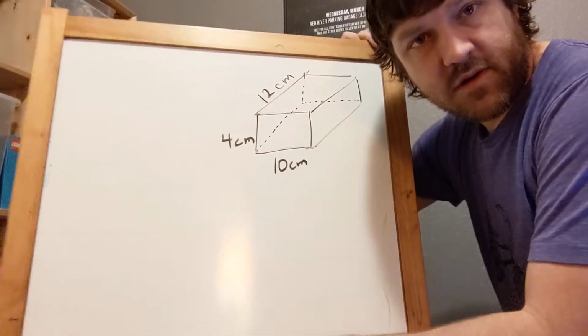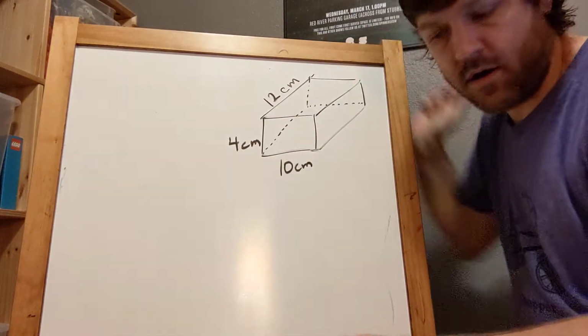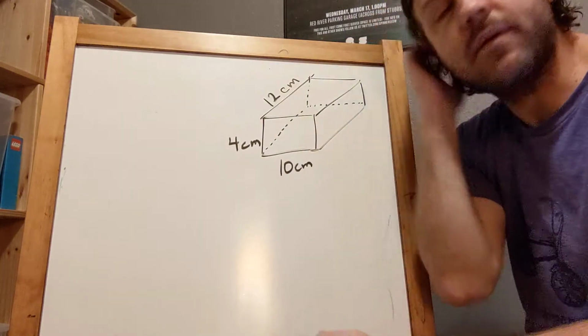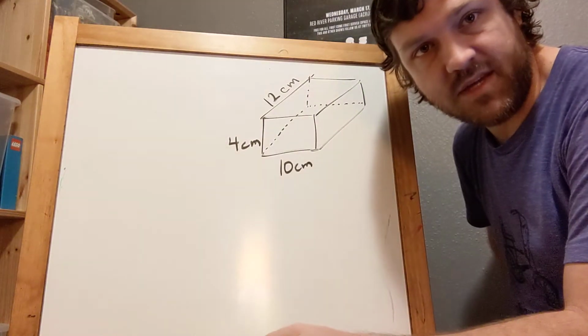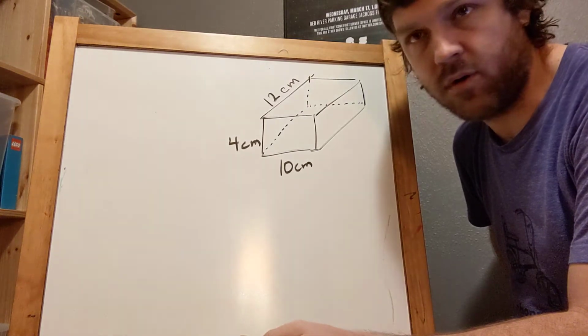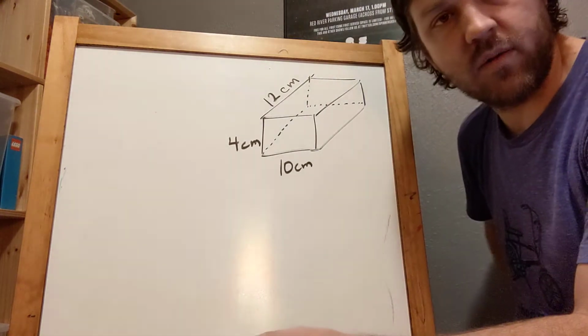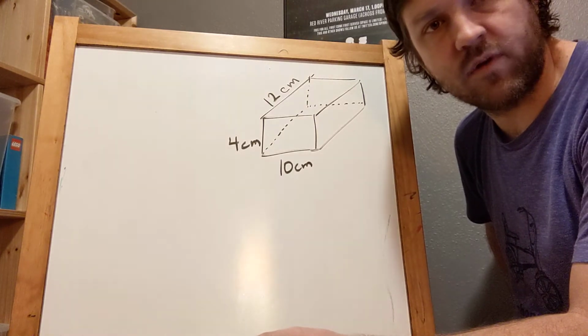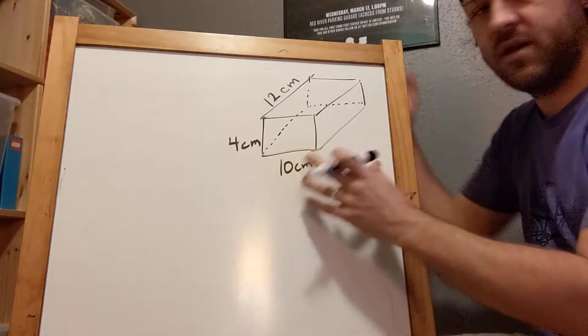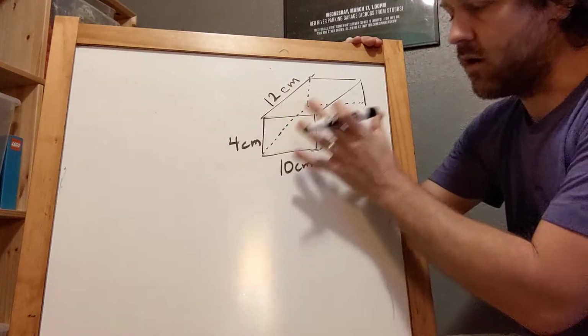Alright, the next series of videos for our Geometry Unit 8 are going to be me working out individual examples of each type of prism or shape that we're finding the surface area and volume of. So I'm going to start with maybe the most straightforward one, which is going to be prisms, in particular a